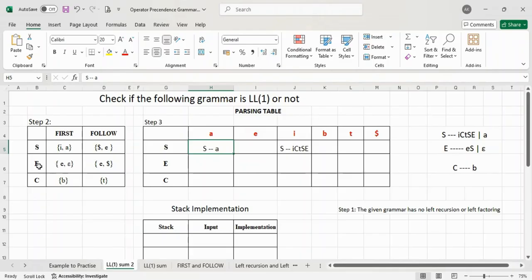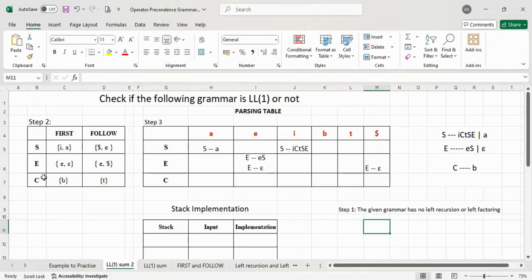Let us go to E. Now first of E, that is small e, we got because of E giving ES. So I've added that in the specific cell. And when you observe, first of E is epsilon. So whenever we encounter an epsilon, we select the cells for the list which is there in the follow column. So if you observe, it has E and dollar. So in this E, I will have to add one more production, E giving epsilon, and the same production will be added in dollar, that is E giving epsilon.